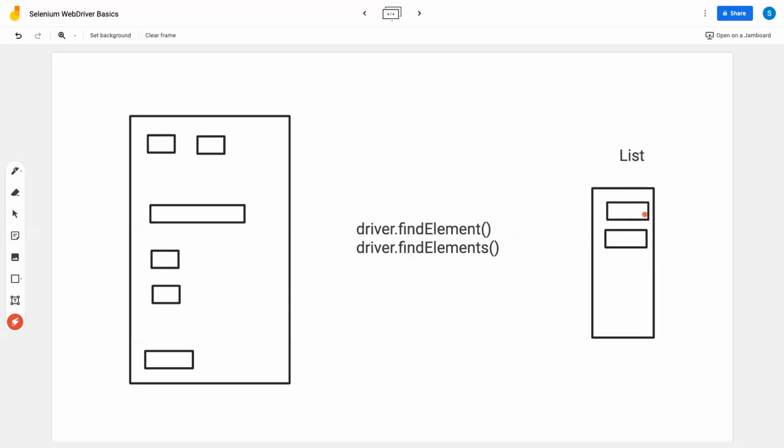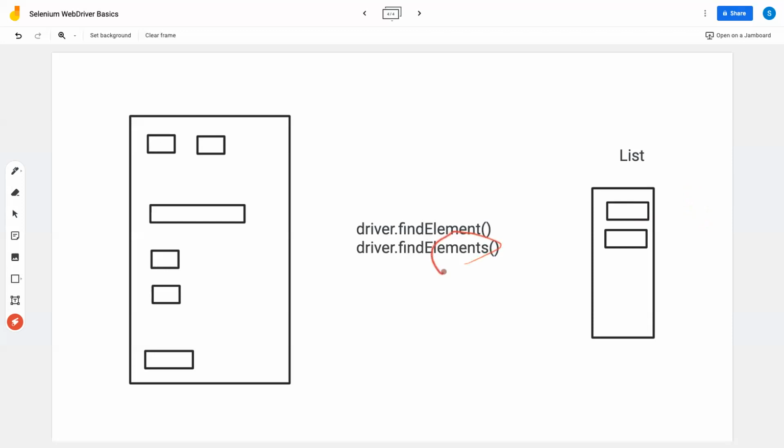So the list interface has multiple methods: dot add, dot set, and dot get. When you use findElement, internally it returns the first dot get of index 0, something like that.